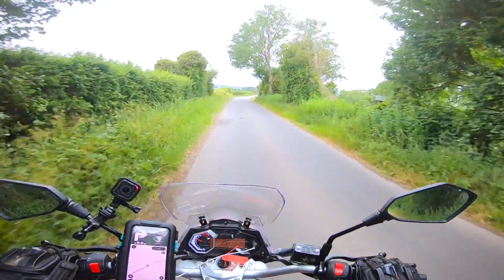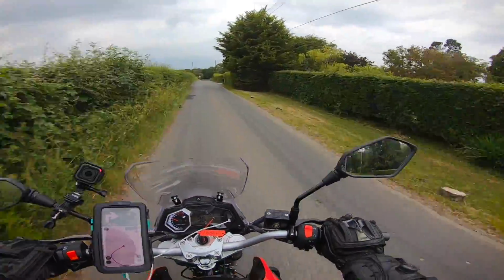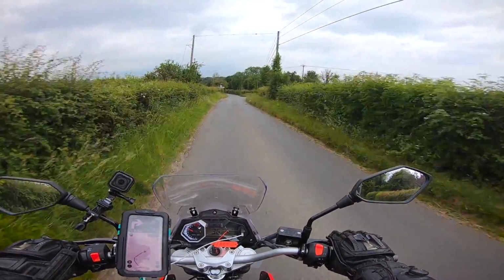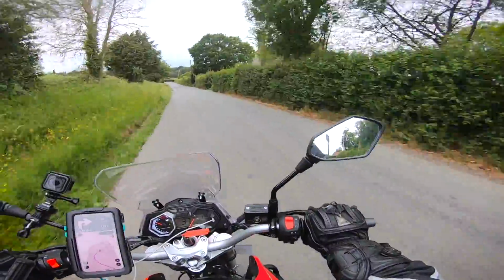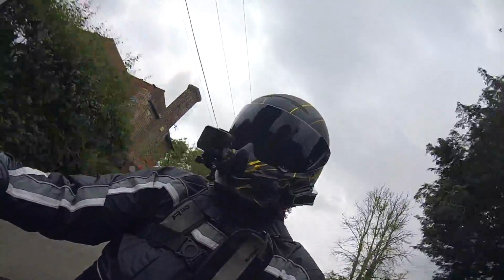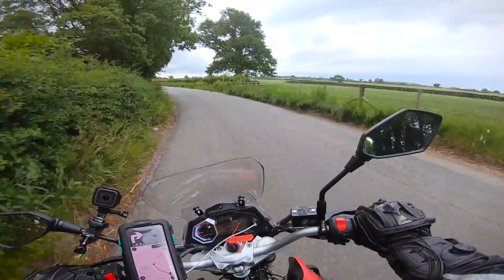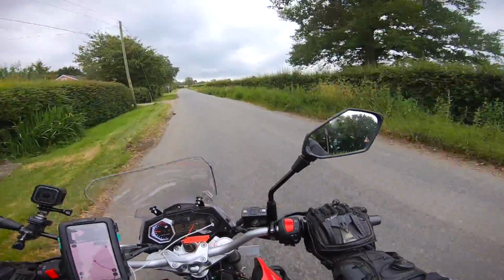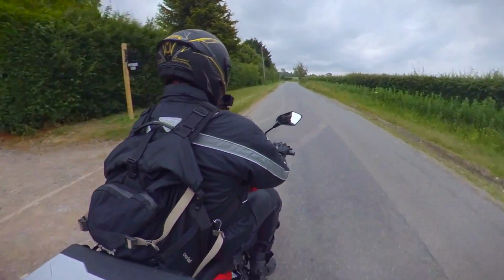Sinnis Terrain, 125cc, single cylinder, 4-stroke engine. It's got 11.5 or 11.2 brake horsepower. Yes, 11. Any Scots in the audience will get that. The bike itself weighs 150 kilograms. The seat height, everyone asks us about seat height. Seat height is